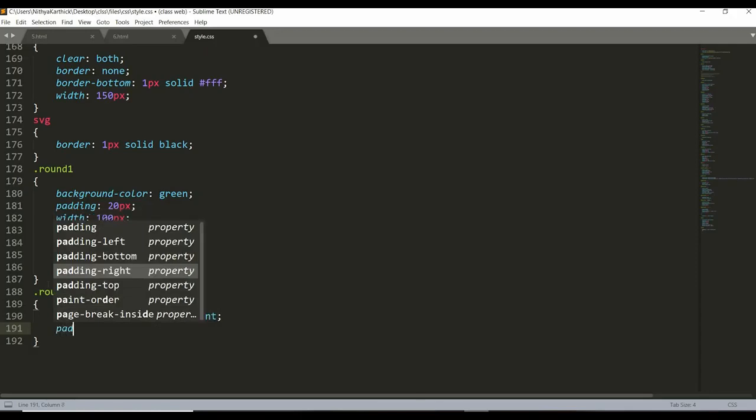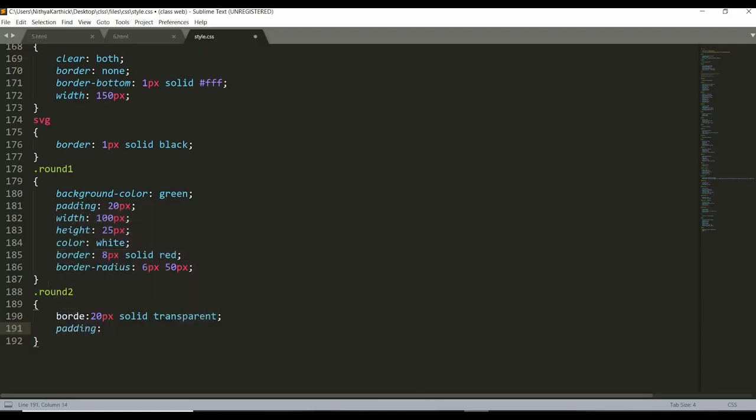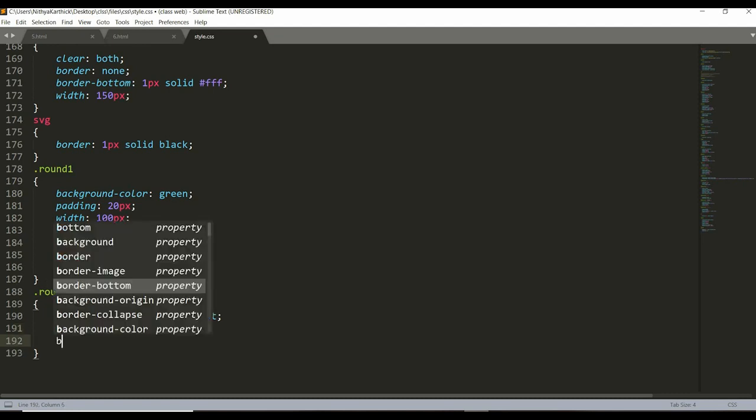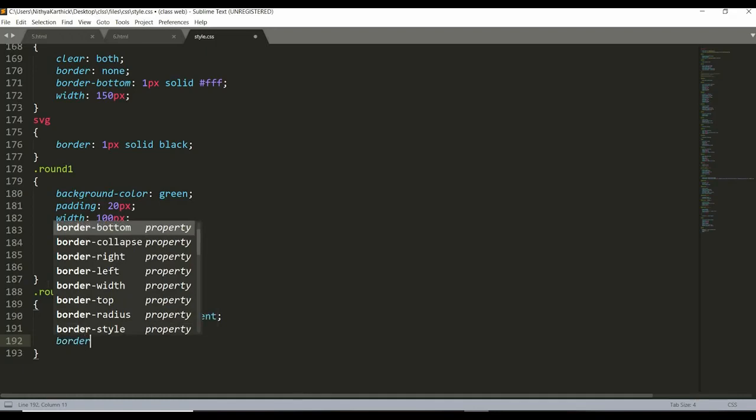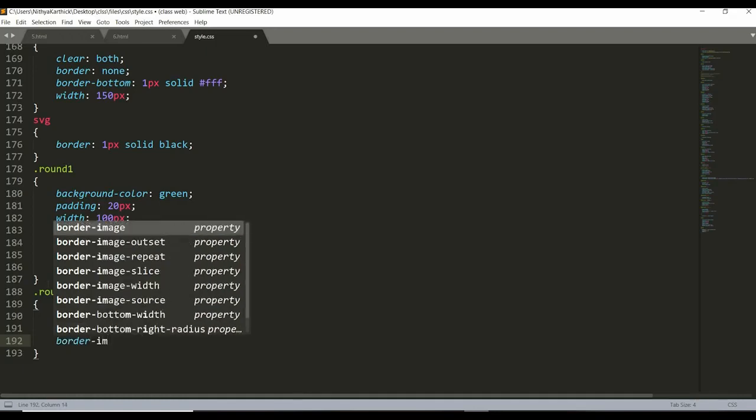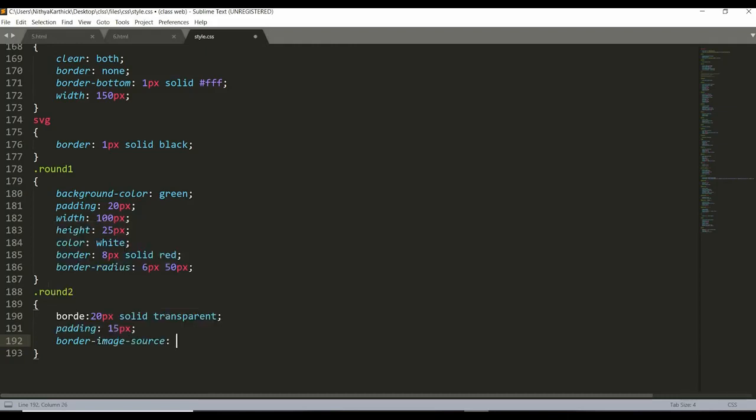We can give padding whatever we need. So I'm giving 15 pixel, and here we can assign an image like border-image-source. Here we just give a URL.